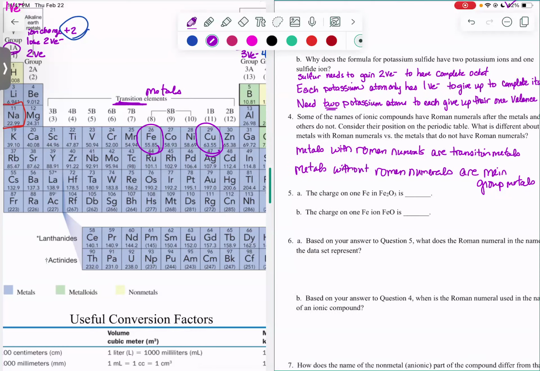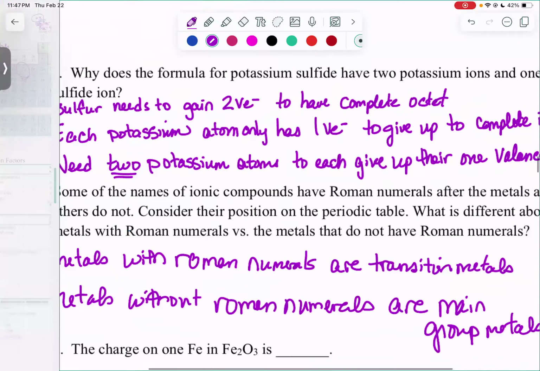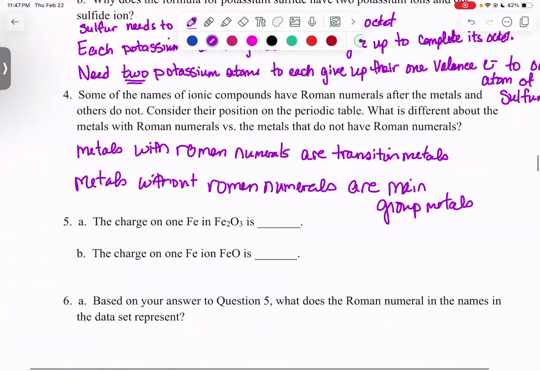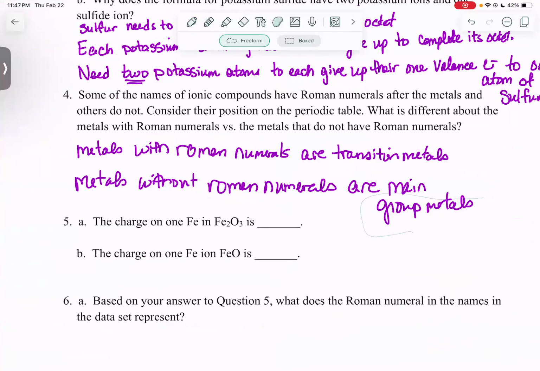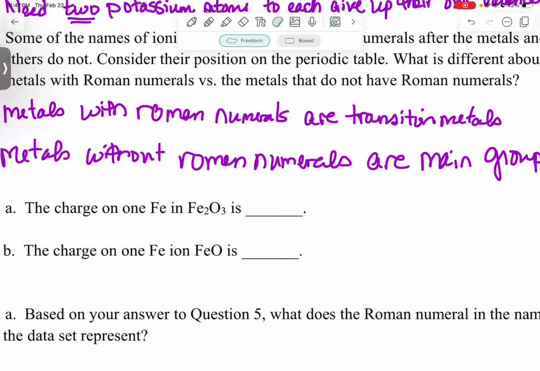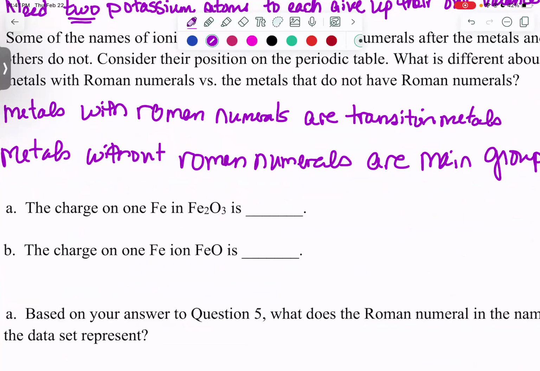The charge on one of the irons, let's zoom out a little bit, and let's kind of move this up. This is kind of terrible. I'm gonna need all the space I can get. All right, so the charge on one iron in Fe2O3 is what? Okay, how do we figure that out? What we're gonna do is the reverse crossover. I'm gonna start with the formula,